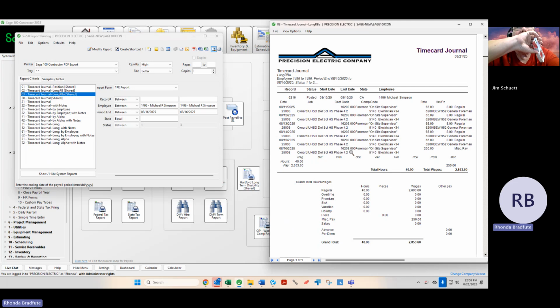It's possible. Okay, let's see. Just because they'll be able to kind of determine who's on site and who's off site based on that. Okay, now you've got, oh, I see something that we can do too. You've got each row is a date, one date. Yes. And the rate is the same on all of them. And the hours, that could be different. It could be, yes. Okay, so let's take a look at